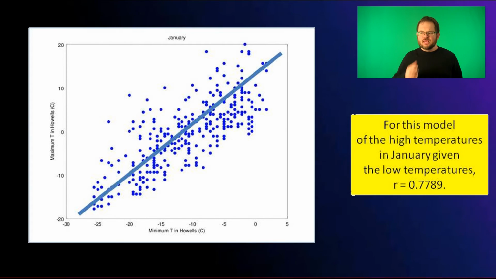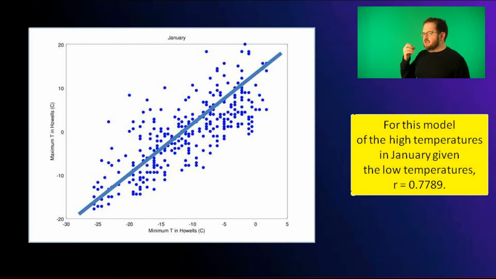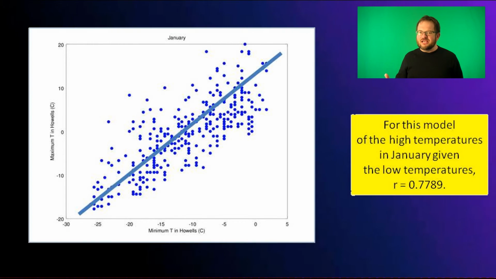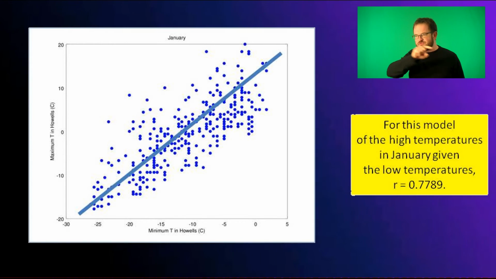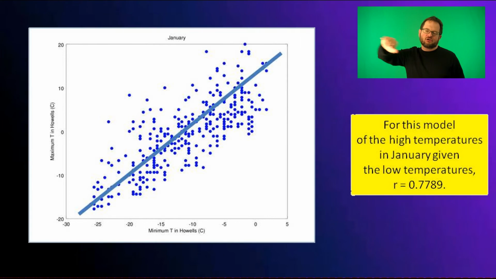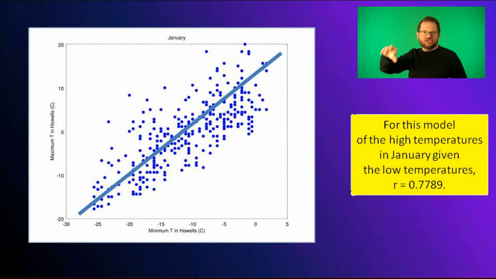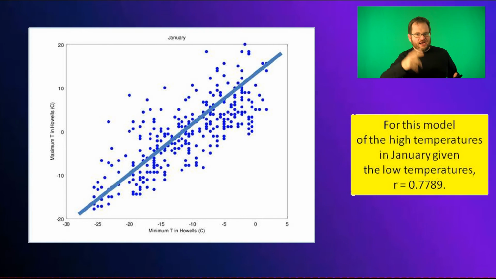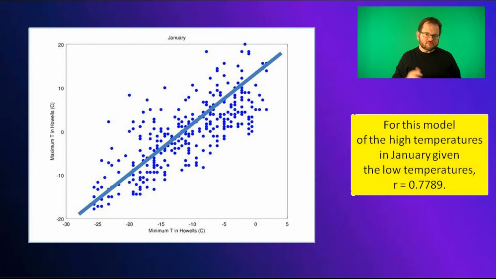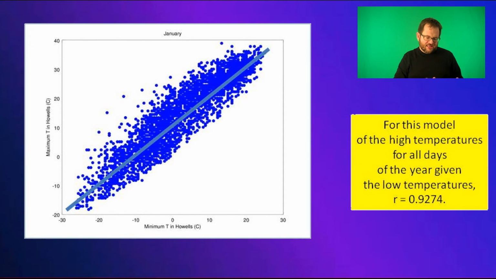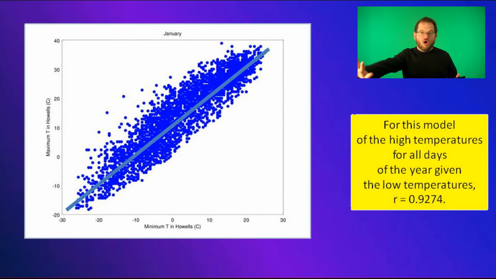and knowing the low temperature does tell you something about the high temperature. Now, in the tricky question on the last project, I said, well, now go do that not just for January, but for all of the months of the year. 12 months of the year times 10 years times 365 days, and you got like 3,000 data points. So you're going to have a plot that looks something like this, where I have all 3,600 and some odd